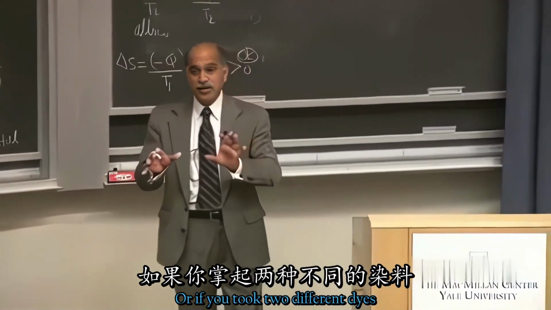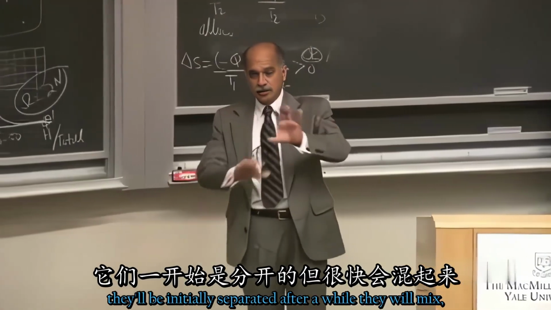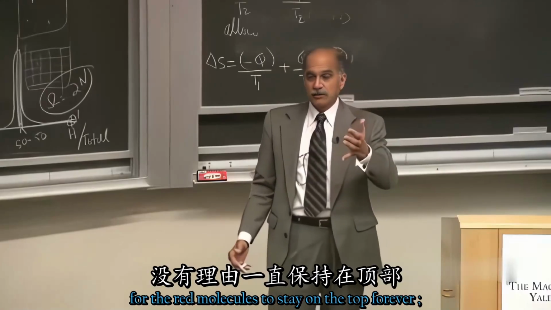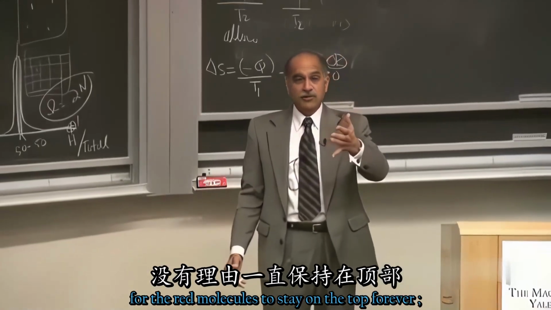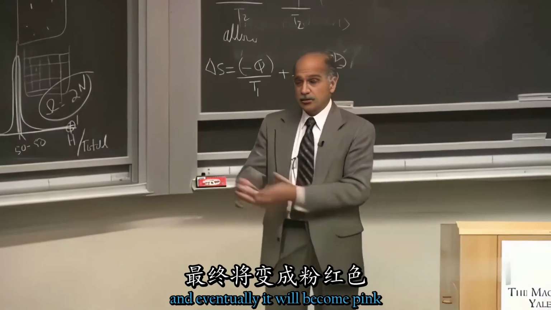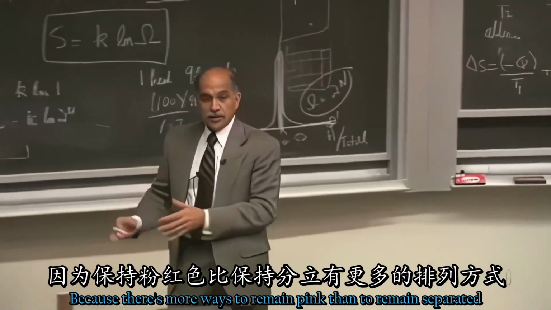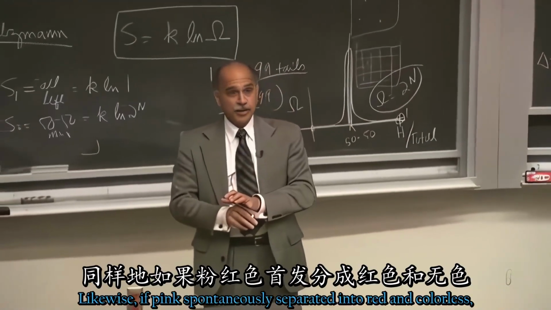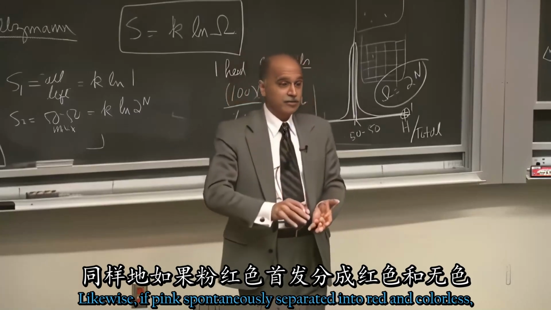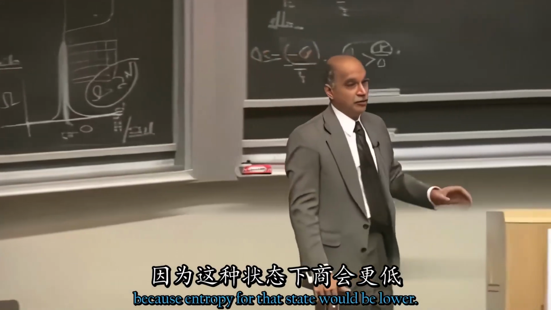Or if you took 2 different dyes, water here, and on top of it you pour some red paint, they will be initially separated, but after a while they will mix. Because there's no reason for the red molecules to stay on the top forever. They would like to occupy the whole box, and so would the colorless ones, and eventually it will become pink. Because there are more ways to remain pink than to remain separated. Likewise, if pink spontaneously separated into red and colorless, that is very, very improbable, because entropy for that state will